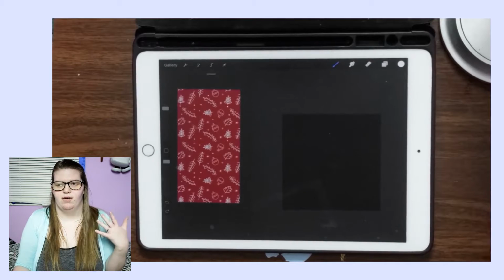In programs like GIMP or Photoshop, there's a pattern fill tool, and what that does is you make a pattern and then you save it as what they also call a seamless pattern, and then you use that tool and it's going to fill up whatever canvas that you have,